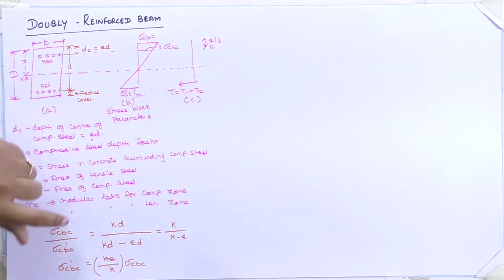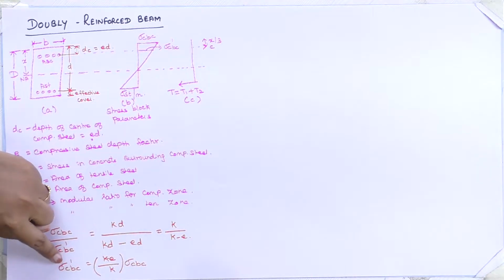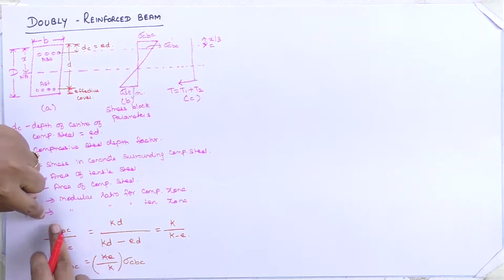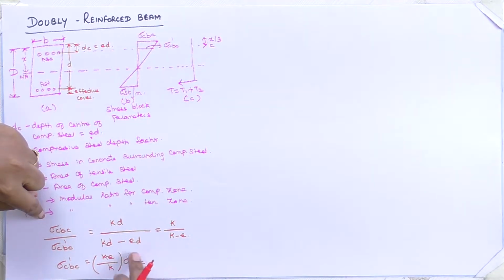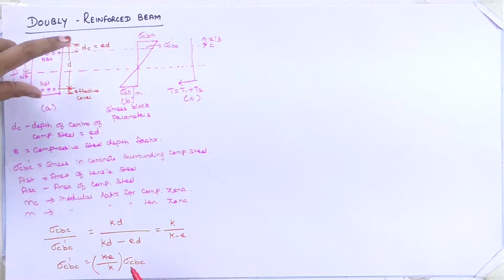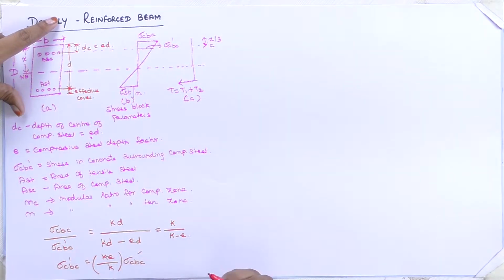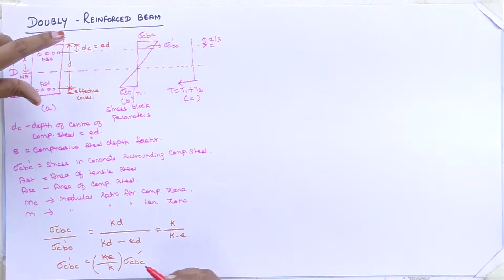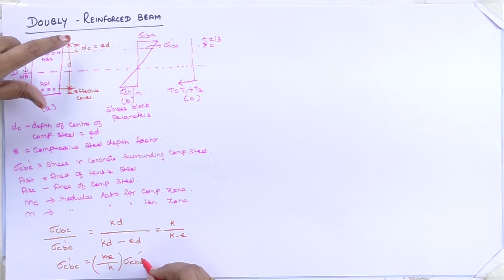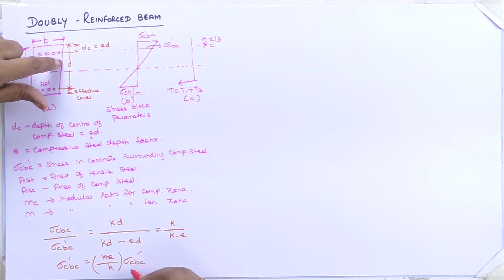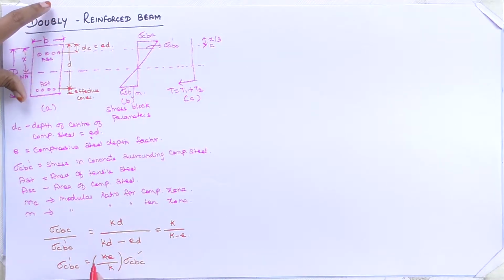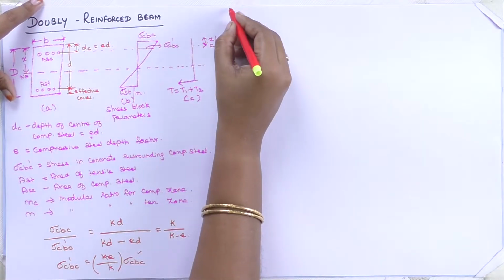If somebody is interested in finding sigma cbc dash, we can directly calculate from this formula and directly write sigma cbc. This sigma cbc can be found when M20 or Fe 415 steel is given. We can directly take it from the code book and calculate k minus e divided by k into sigma cbc. You can try to calculate sigma cbc dash. Okay, then